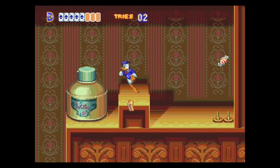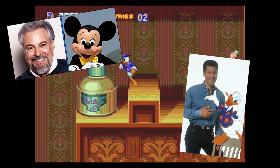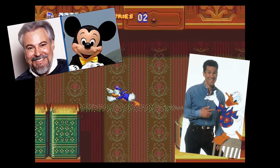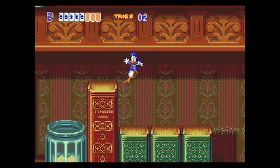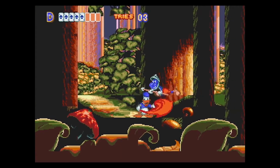But in this game, they managed to get Mickey and Donald's voice actors Wayne Allwine and Tony Anselmo to do their voices, adding a real layer of pizzazz to the sound of the game. Sure, it's a bit crunchy, but it's still tight as...